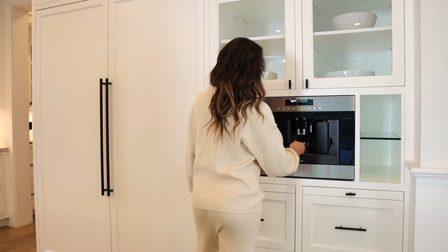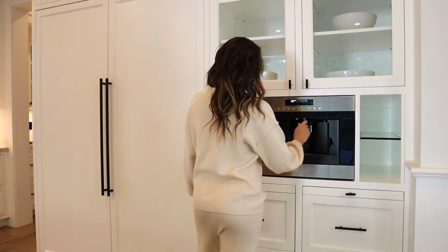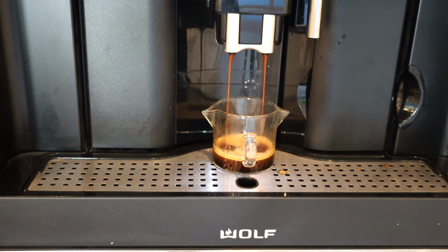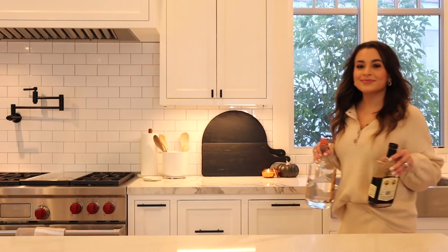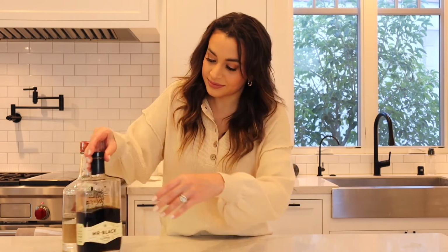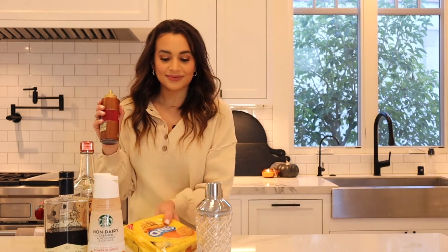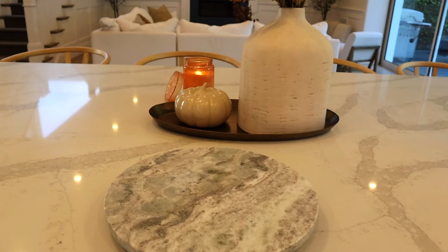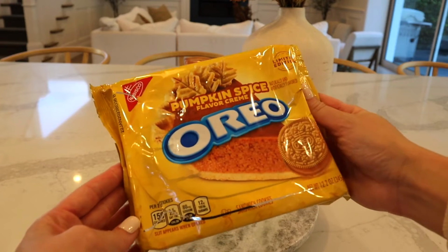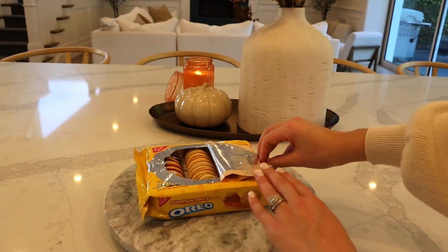So my all-time favorite cocktail is an espresso martini, and my favorite fall drink is of course a pumpkin spice latte, so I definitely wanted to combine the two into a cocktail. So I'm starting off this recipe with some espresso, and you'll also need vodka, your favorite coffee liqueur, and pumpkin spice creamer. I also like to add a little bit of nutmeg or pumpkin pie spice. And my favorite part of this recipe is how we're going to